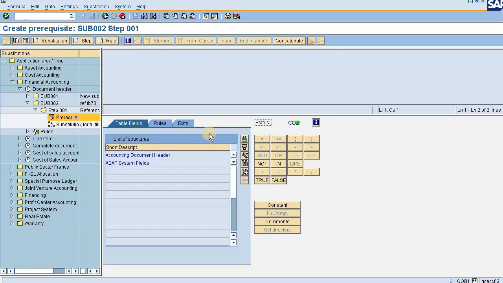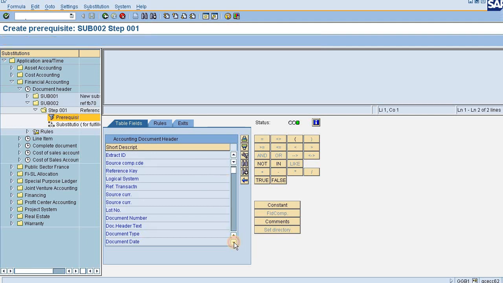Here I'll be providing my rule. So I am going inside the document header. Now if my company code is ABC, let me choose my company code. Yes, company code, double clicking on the same.